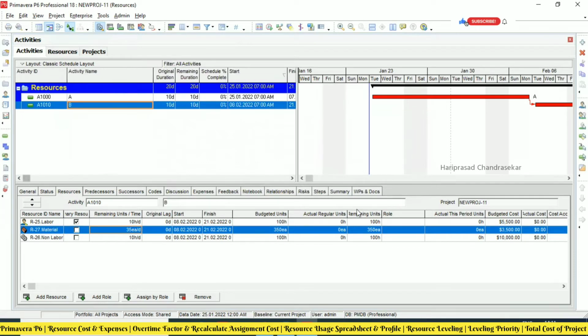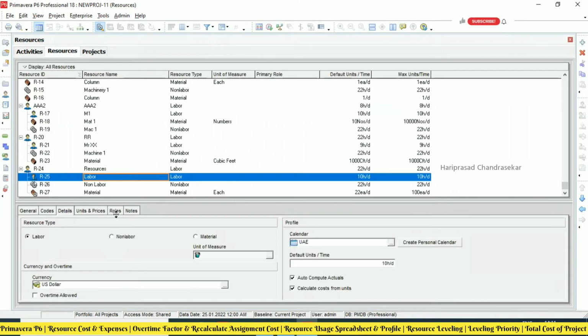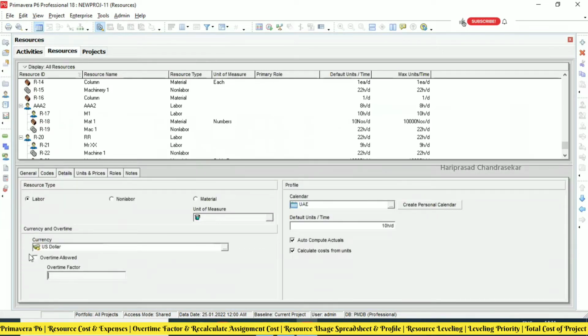So when coming to resources, these are all the things you need to keep in mind. Again, you can put overtime allowed and overtime factor for a particular resource.